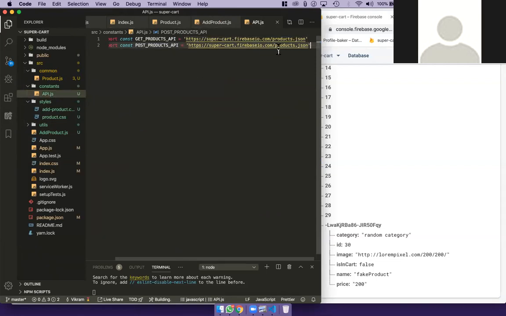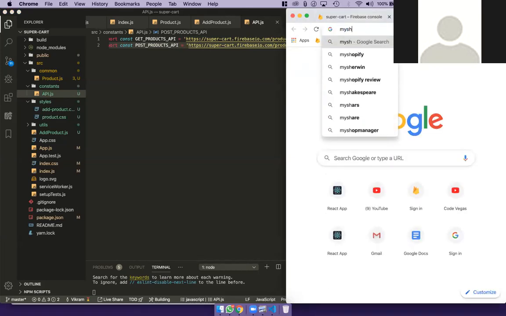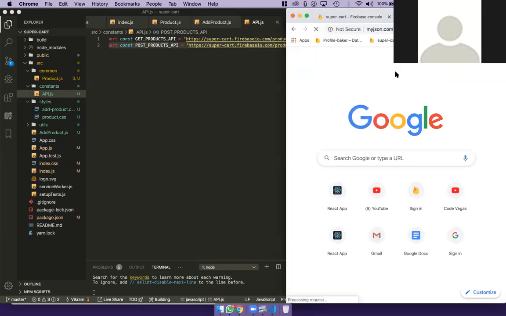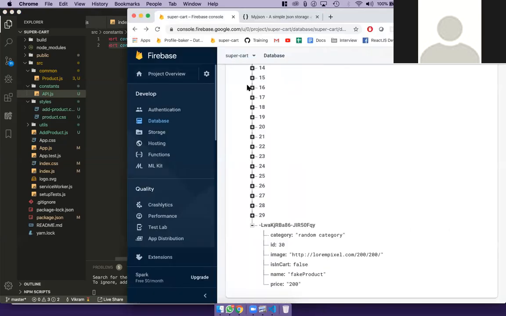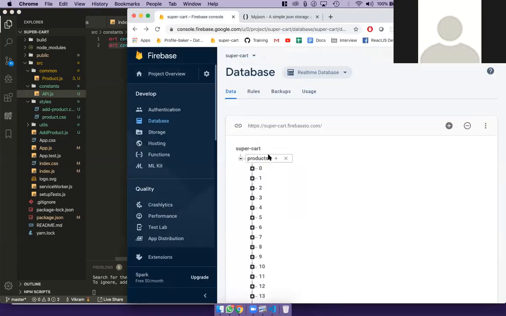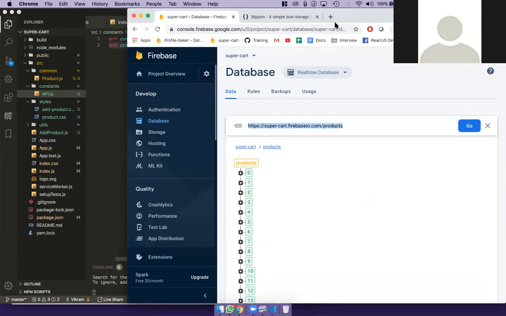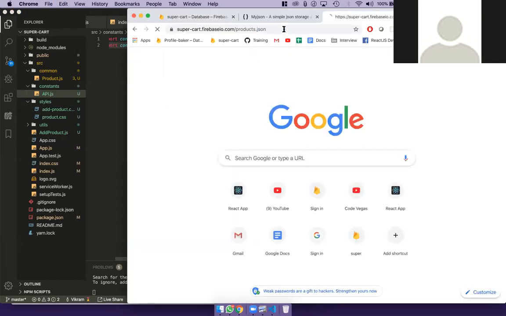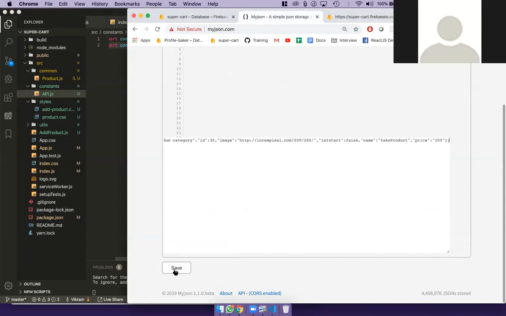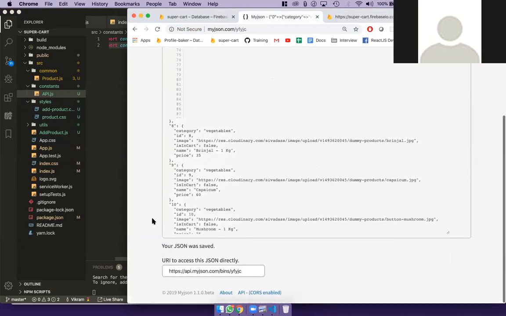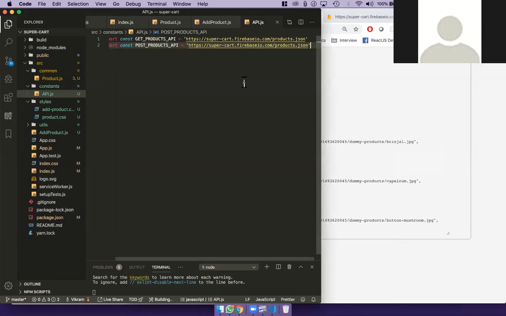And there are a lot of applications, online websites, where they give you a fake API. You just give them fake data, like in this case, myjson is one of those. I can just copy the data. I can copy this URL, go back in here, .json, that gets me the JSON data. This is my sample data. I come back in here, post my sample data, and I would get my API. So I would use this API in here,